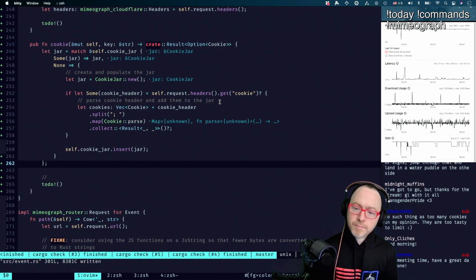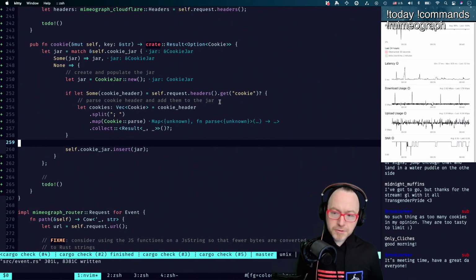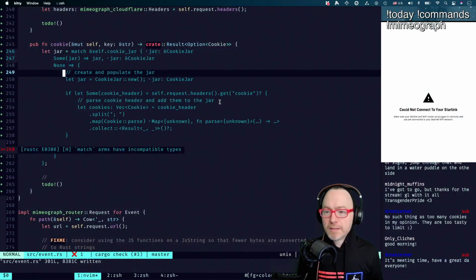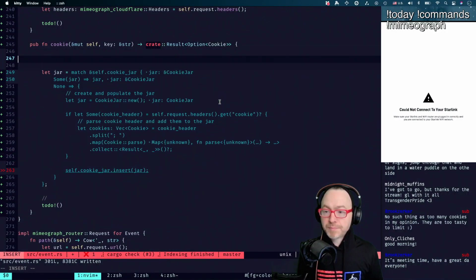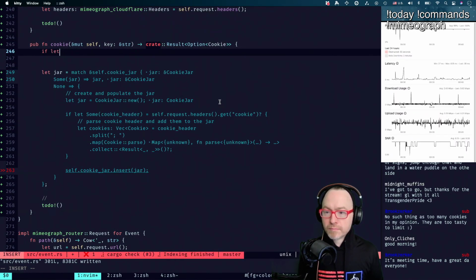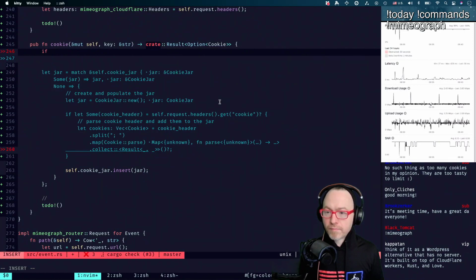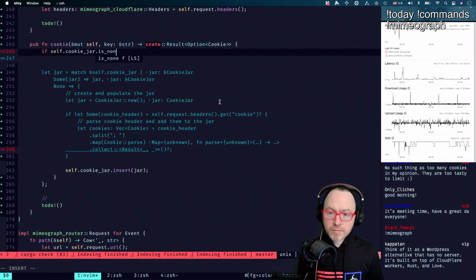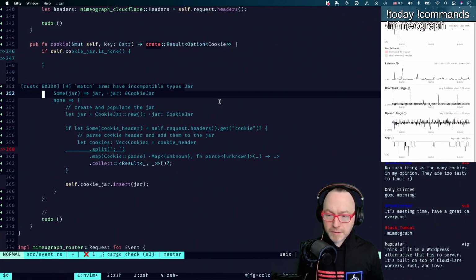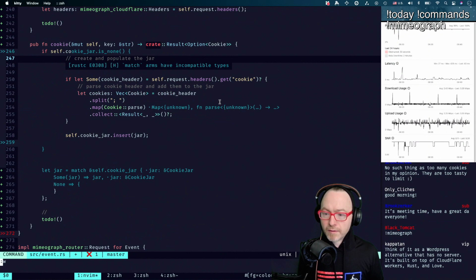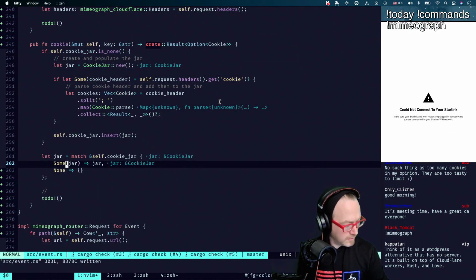Hmm. So if we insert the cookie jar there, let's do this a different way. And we'll do the initialization. And then